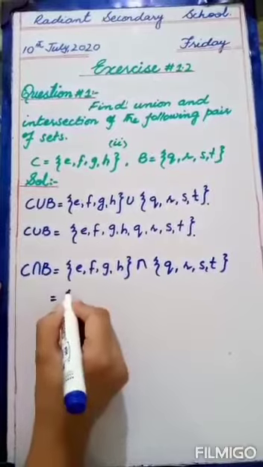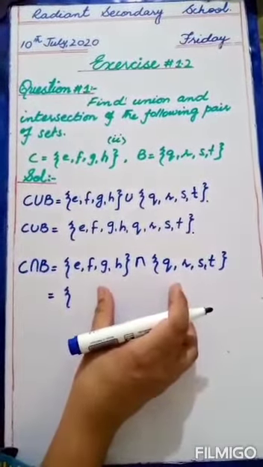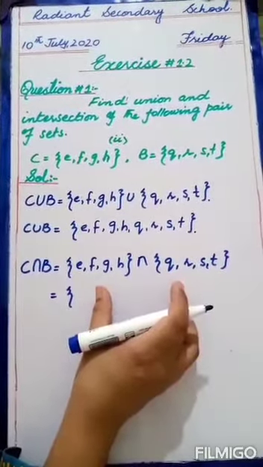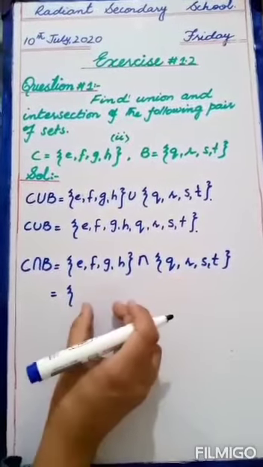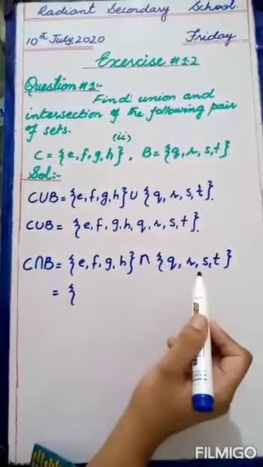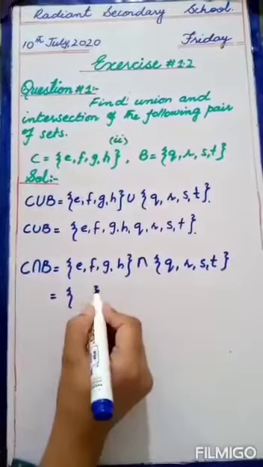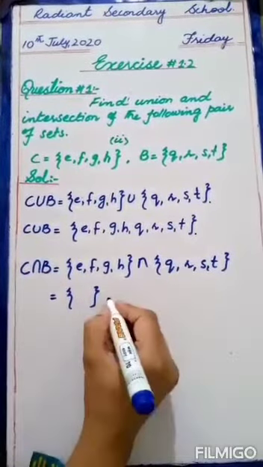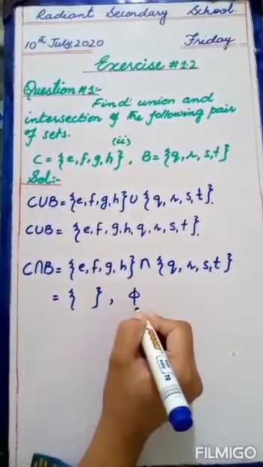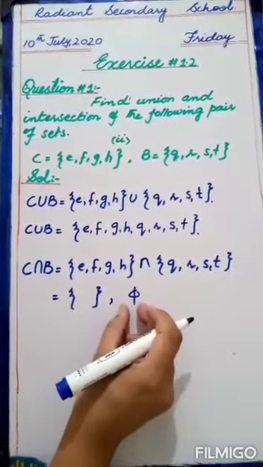Okay, now we will take the intersection. In intersection, we will just write the common elements. If the elements are common in the sets, we will write that element only. The rest of the elements will not be written in this set. Now check, is there any element which is common in both the sets? You can see that no element is common, so there will be empty brackets. Or we can put the symbol of the empty set. This is the symbol of the empty set. This is called phi. It means this set has no elements.